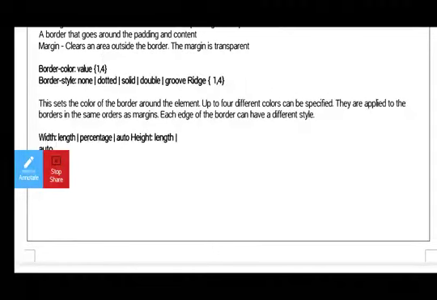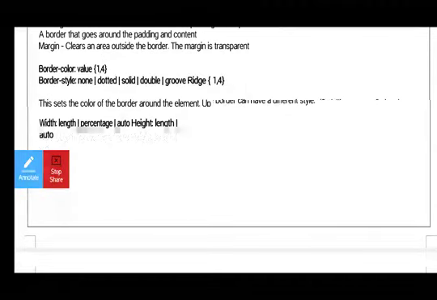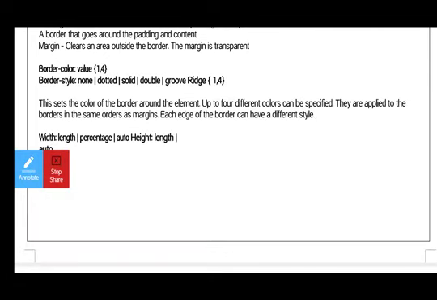They are applied to the borders in the same order as margins. Whatever colors we use are applied to the borders in the same way as the margins. So whatever terms we apply to margins, we can apply to borders also.